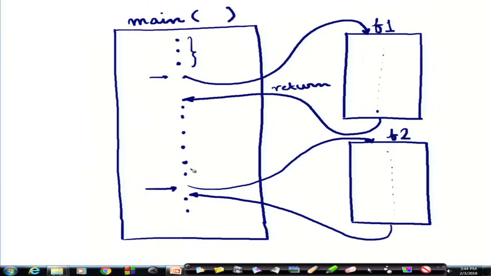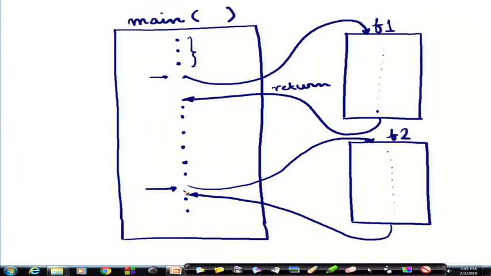Similarly, here it is executing and at this point it is being called, and after execution the control returns to the point immediately after the point from where it was called. So, this is one important thing to understand.